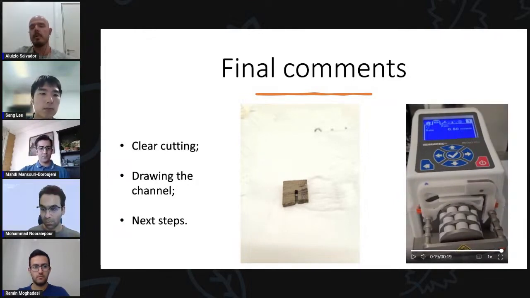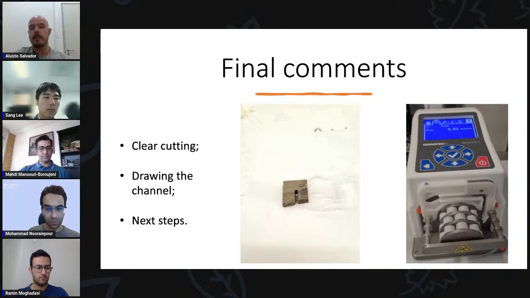This low flow is to allow the solution to interact with the surface in the channel as many times as possible without the solution going too deep in the pores, since our interest is not in understanding how the solution reacts inside the pores, but just on the surface. And we saw that the Kapton tape did its work in the sealing. We didn't have leaks.